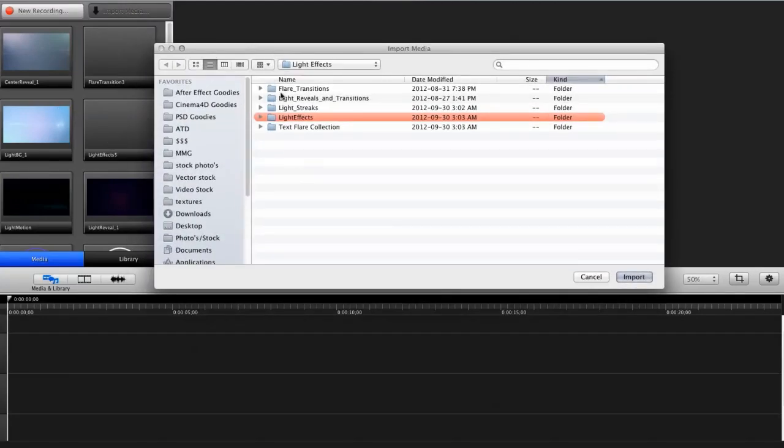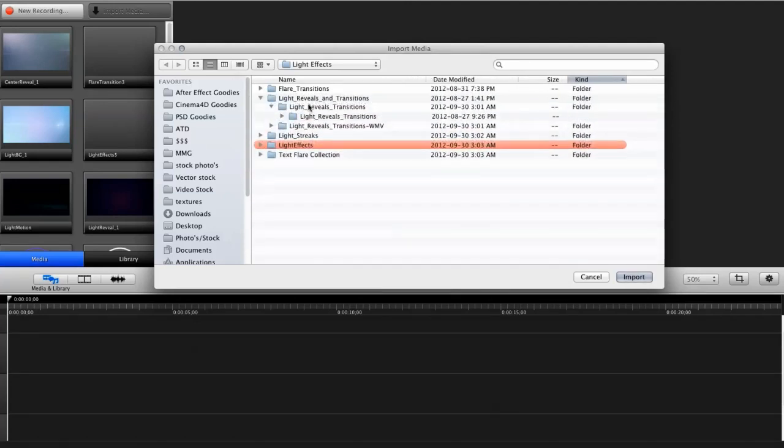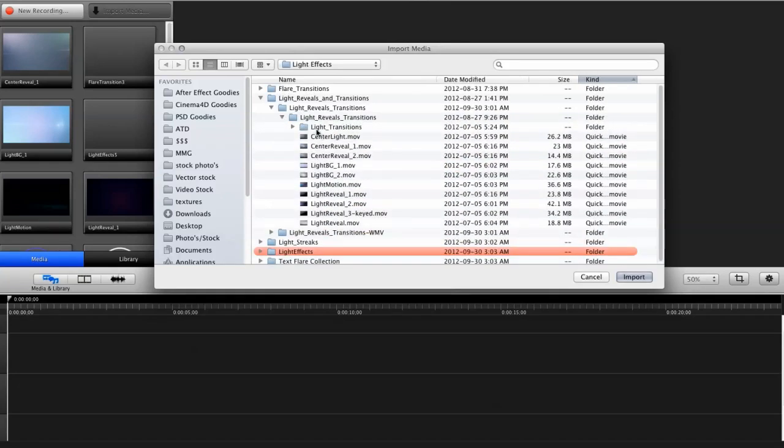So what we have here is the flare transitions, which are good for transitioning between videos or having logos appear on and off. Light reveals and transitions are pretty much the same. They'll have some of the transitions, but they also have